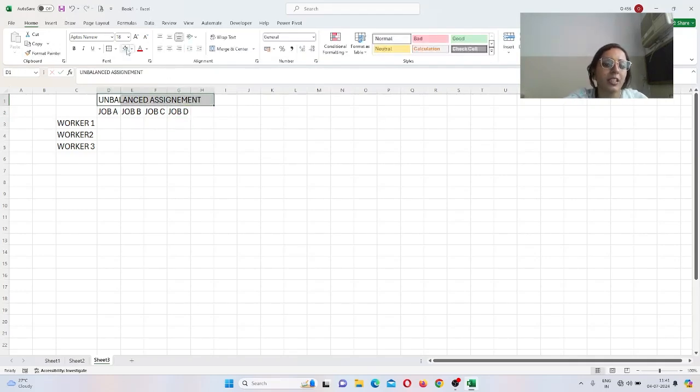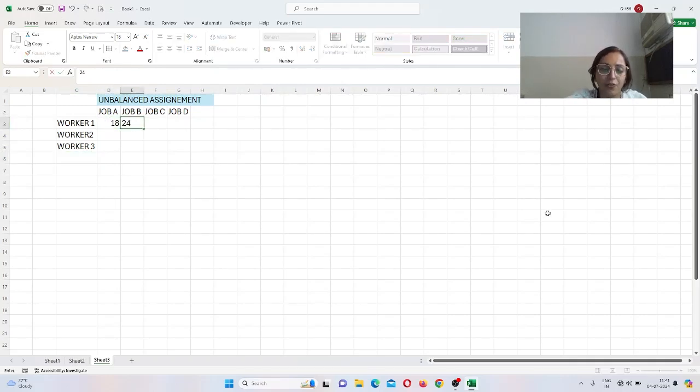How do we indicate this? Because we have the worker category of 3, but if I'm talking about the jobs, we have the 4 jobs. So we came to know with this question that we have an unbalanced assignment problem. As we all know, whenever there is an unbalanced assignment problem, we first convert it into a balanced one by creating a dummy worker over here. Right? So first we write the case that is provided to you, and the cost matrix over here is